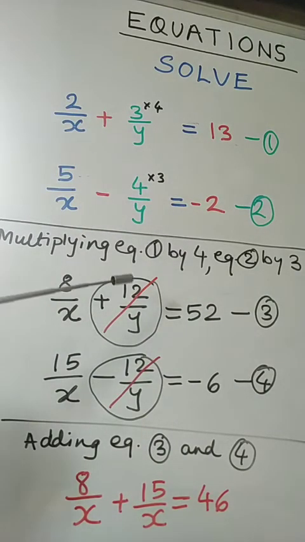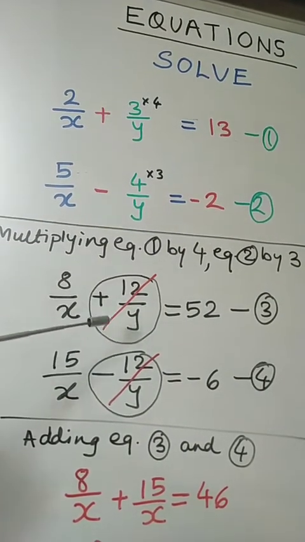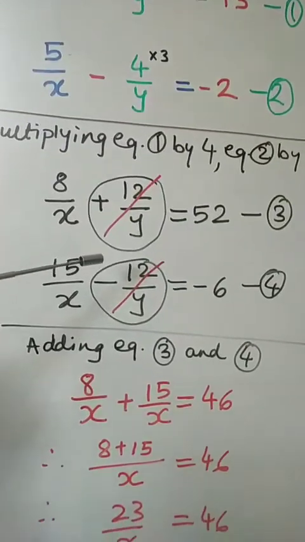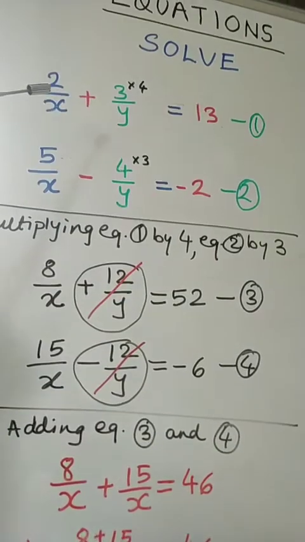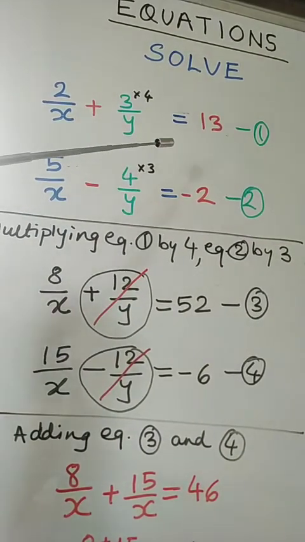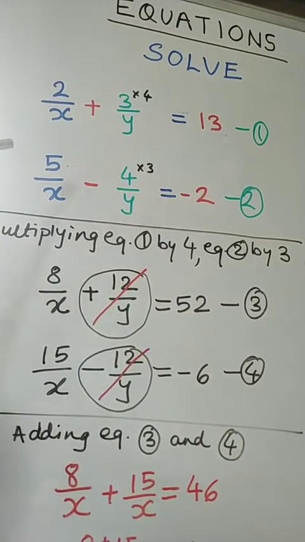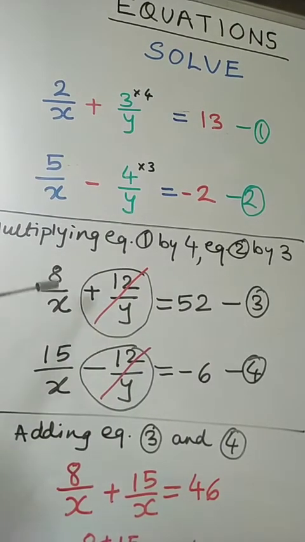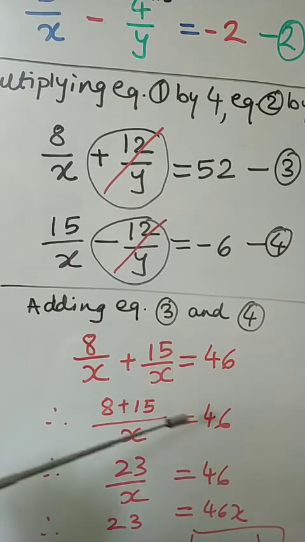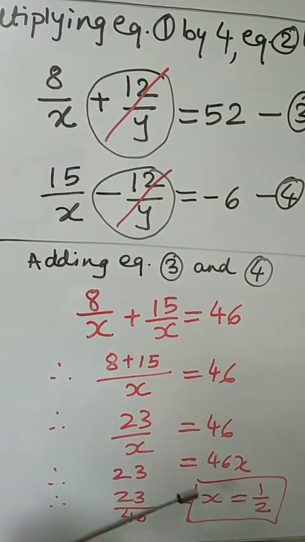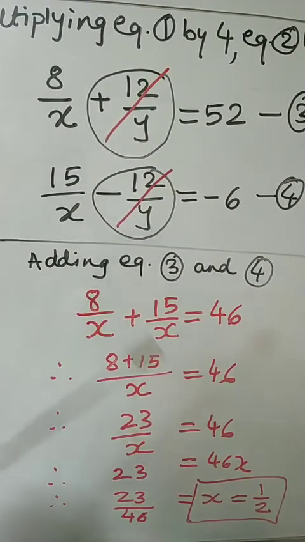Is this difficult? No. When you go on doing it slowly, steadily, there is nothing which is difficult. Please observe. If you find that there is x in the denominator and y in the denominator, well, the sum is not difficult. See, adding these two, what is there in adding these two? Simple. Observe, you got the value of x as 1 upon 2. Substitute this value of x as 1 upon 2 in any of these equations. Let's see how to substitute.